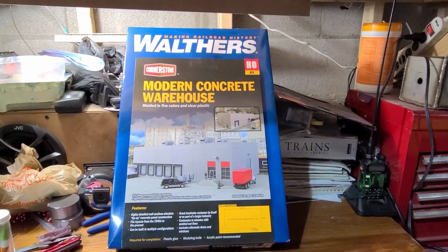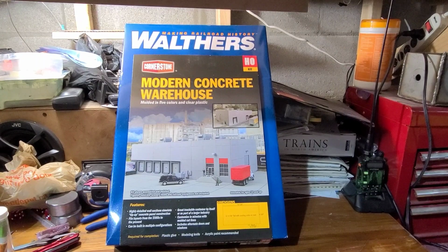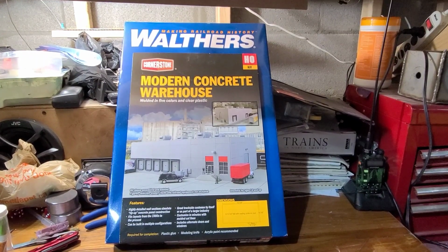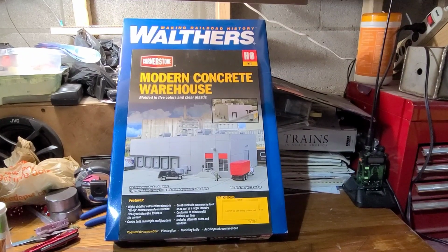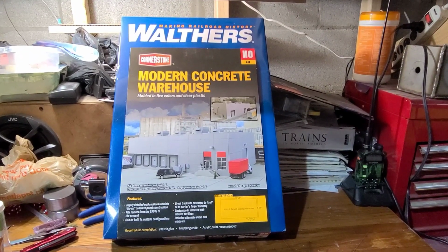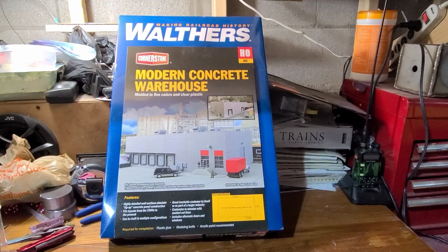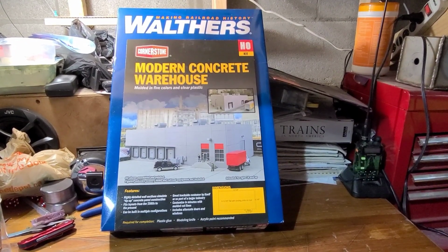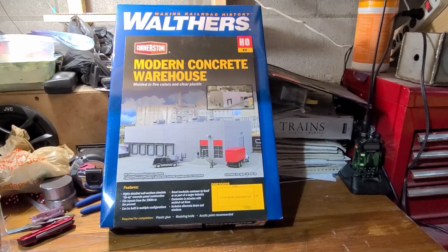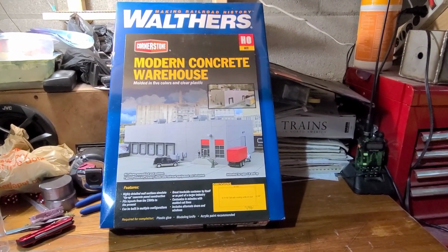So the transfer facility is going to be based on the Walther's Cornerstone Modern Concrete Warehouse kit. The reason for this is this building is relatively new on my layout, built in the early 2010s. And the reason why I'm calling it the Hardwick Trucking warehouse is this build is going to be dedicated to